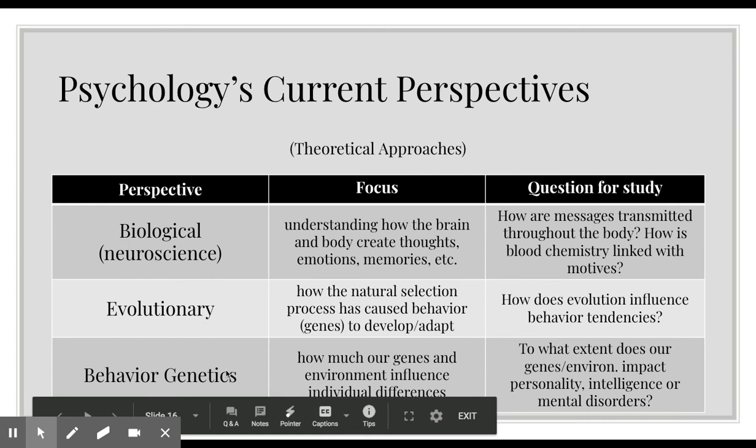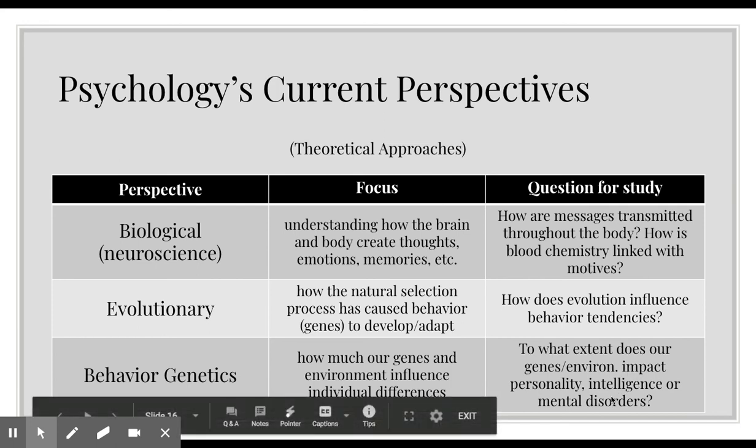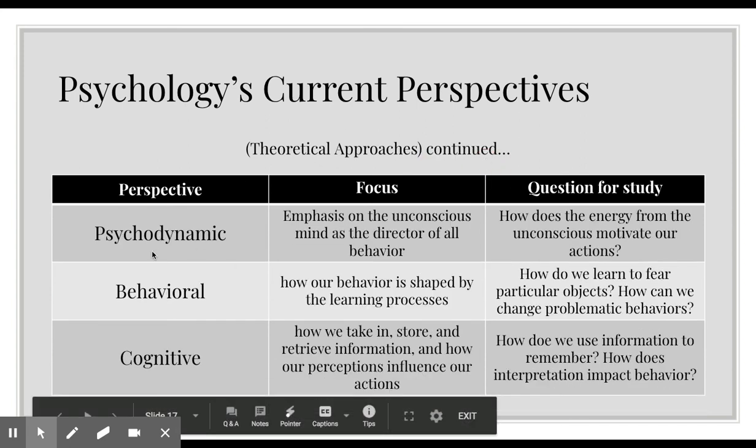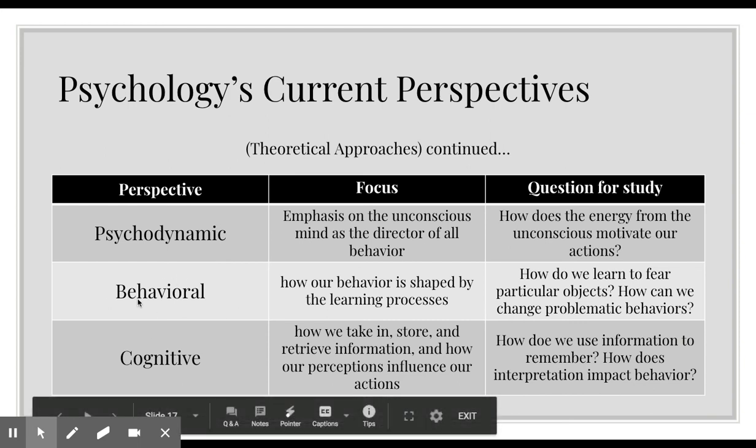When we put on our behavior genetics, this is where you ask whether you have any abnormalities that are going to affect your genetics later on. So again, if you fall on the spectrum, if you have any missing chromosomes, this is all going to come into behavioral genetics effects, right? And again, psychodynamic, when we talk about Freud, the way that you look at it is through what is their unconscious motivation? What happened in Sally's childhood that may have manifested now later on to where we are? We have the behavioral perspective.